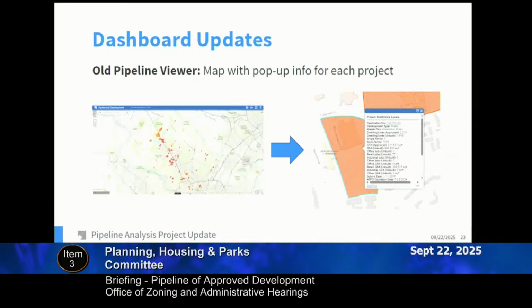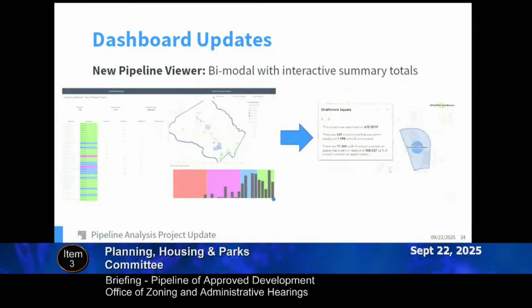To the right, we have Strathmore Square with a pop-up that has a substantial list of information from its approved preliminary plan. The new application aims to clearly visualize key pieces of information about the projects. The focus is now on the dataset as a whole and its summary statistics. Looking at Strathmore Square again on the right, the new goal is graphically displaying the relative size and age of the project, as well as simplifying the pop-up to focus on the headline data numbers.